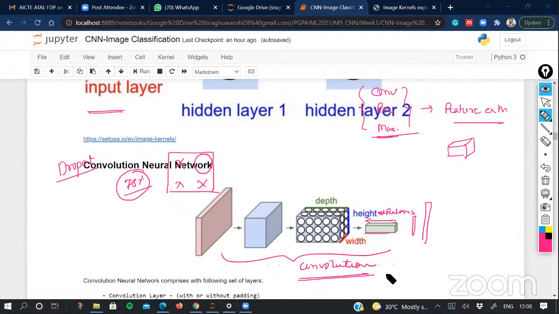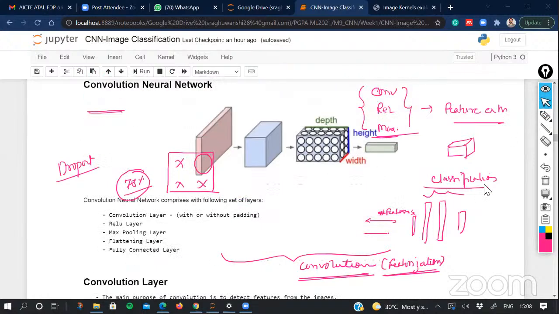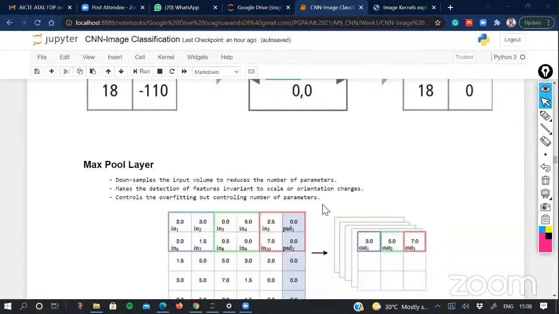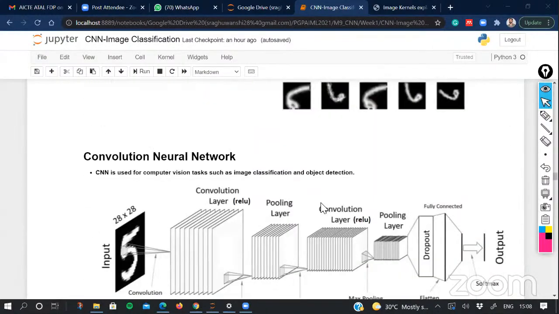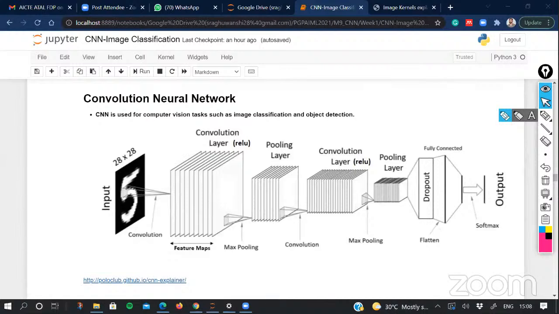So this is the part of convolution. And this convolution is basically used to extract the features. So you can say the job of convolution is featurization of that image. And after that, you can add the fully connected networks. The job of that network is to do the classification. So this becomes a very straightforward architecture of a convolutional neural network for image classification. Down the line also, I can show it to you. You see this. Now this is the complete architecture of any convolutional neural network.